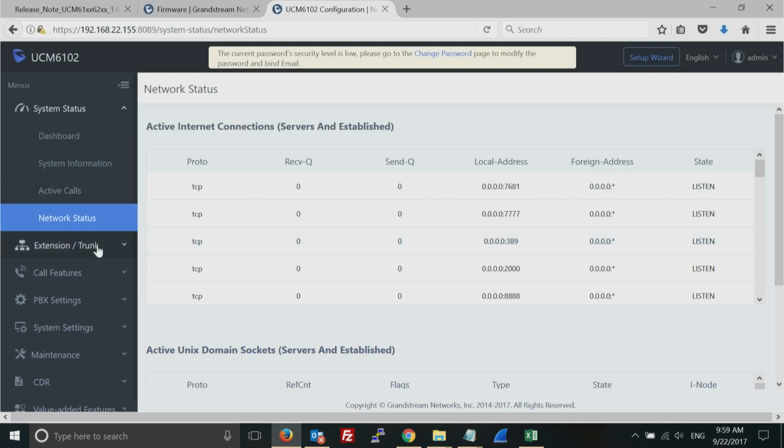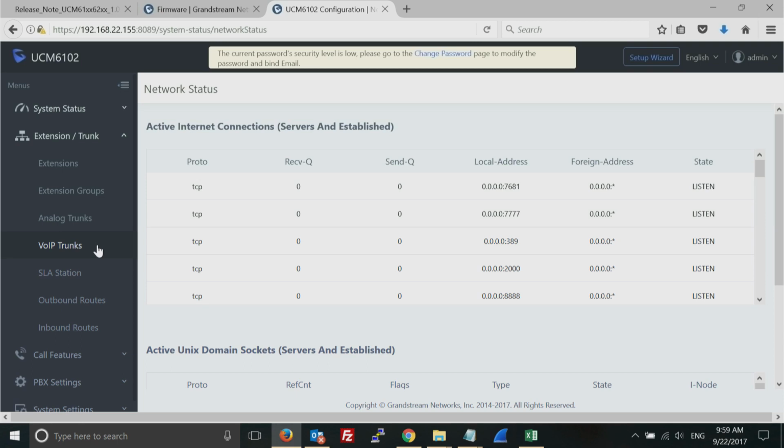All right, now for extensions. So obviously the first thing you have to do when configuring your phone system is creating extensions. As Phil mentioned, our UCM supports zero config, which is sort of like a plug and play option. Basically, upon detecting any Grandstream phone in the network, the Grandstream PBX is going to show you the phones, and then you right click on it, and then you're going to assign an extension. Obviously, before doing that, you need to create